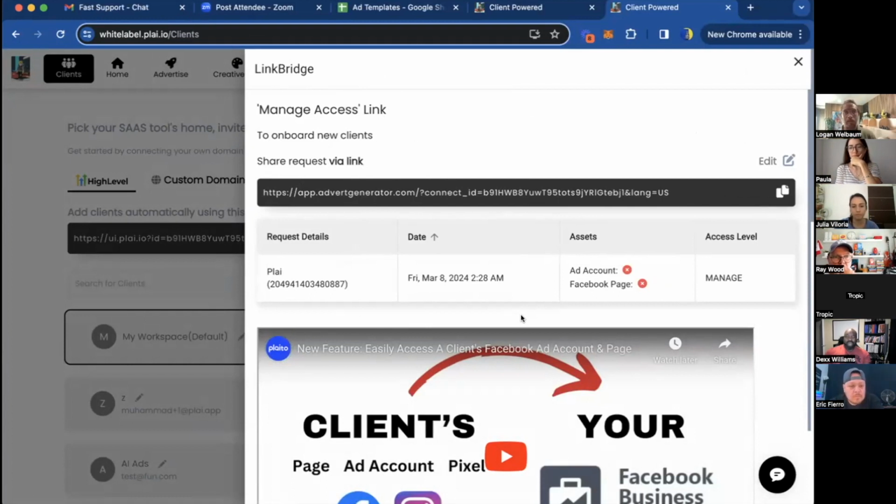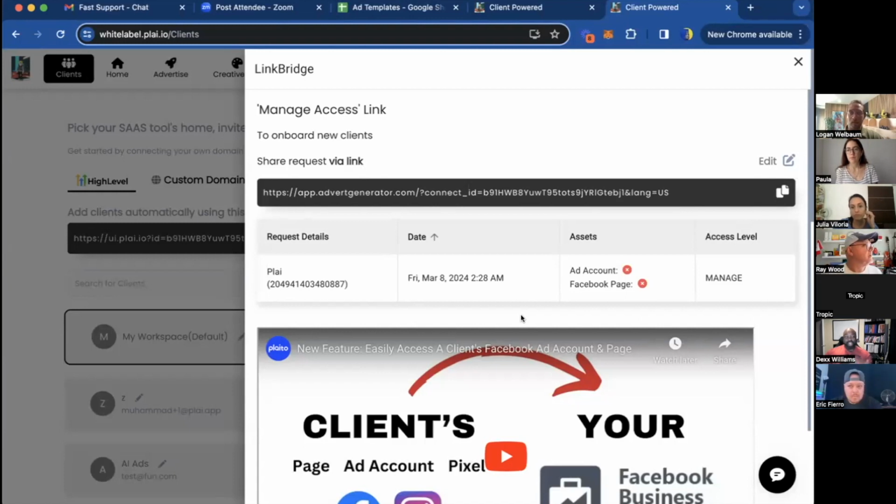Obviously there's no set timeline, but you're thinking a couple months? I think there are so many other things we want to do, but this is probably going to be in May to add Google in here. It won't be in June. I think it'll be more towards the end of May. We'll have Google in here for sure. Then we'll start adding other platforms too, like maybe LinkedIn, but Google will definitely be next.